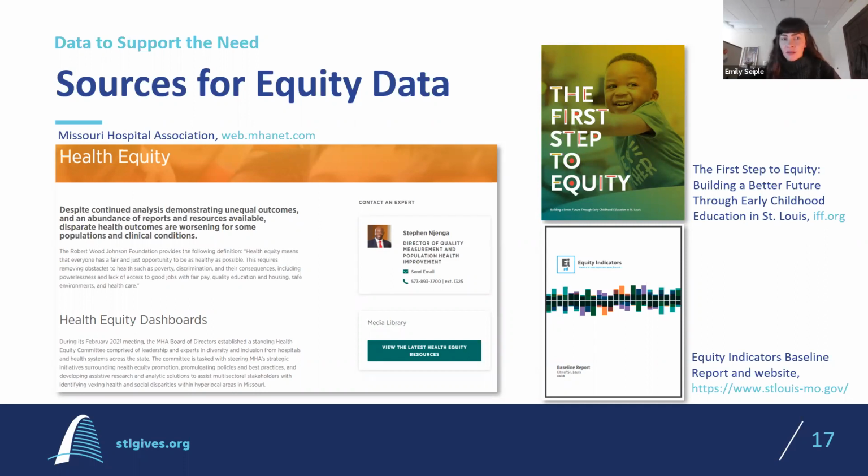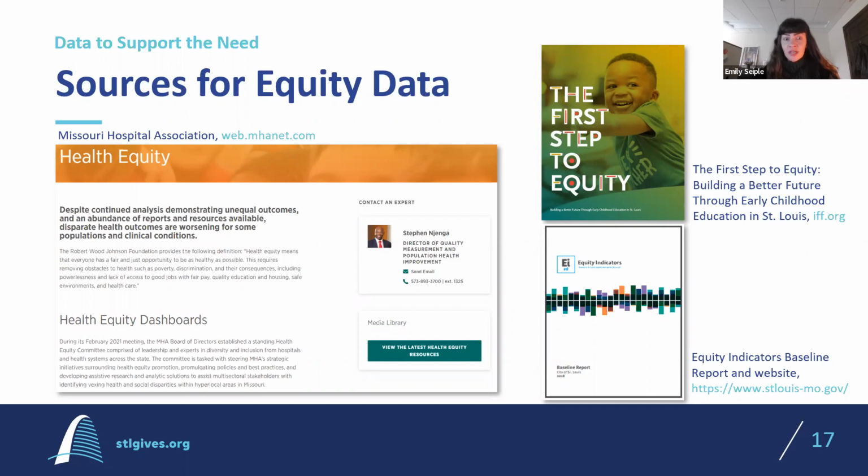And so again, this is all linked at the end, but this resource is available because they want community organizations and leaders to have access to great data so that they can carry health outcomes forward. And then in the bottom right corner, this is from the city of St. Louis. They did a whole report on equity indicators. And to be honest, I have never used it as this kind of PDF form, but their website's fantastic for getting to a number of statistics quickly.